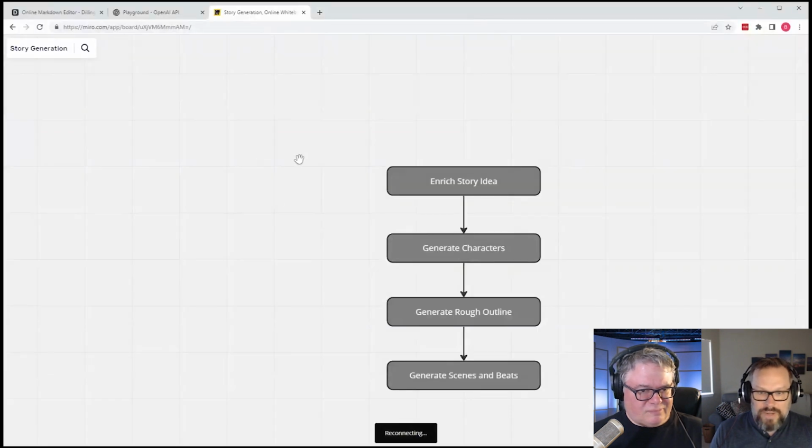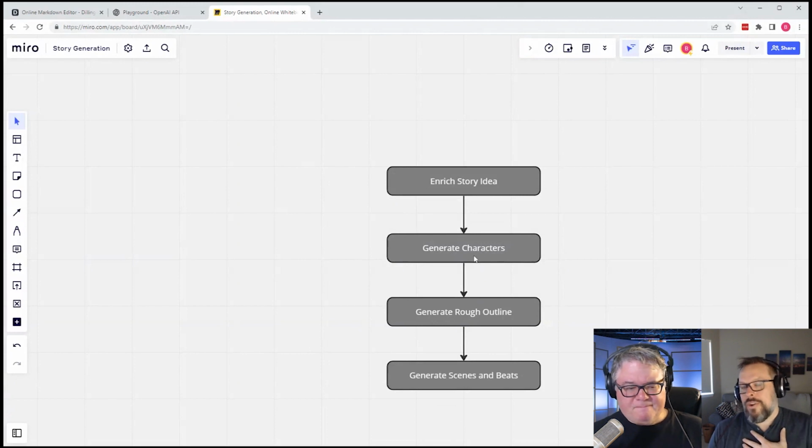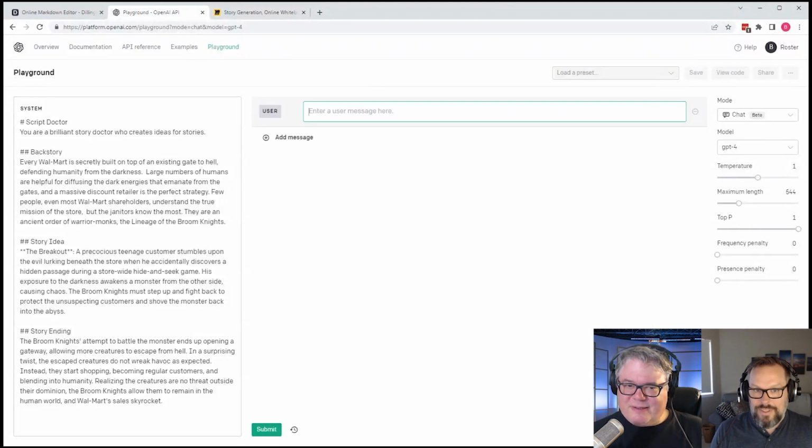So back to our guiding light here. I think now we can move on to generating characters and then come back to the outline. We didn't have to make the ending first. I just like to know where it's going to end so we can be sure to land on it. Absolutely. Yeah. I mean, every author has an ending in mind, don't they? I mean, especially for sci-fi and certainly mystery.